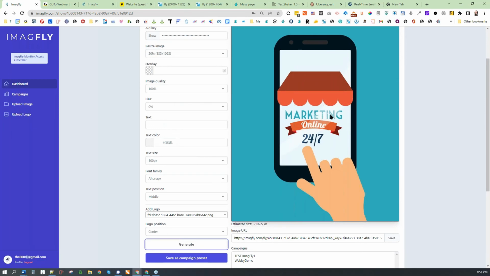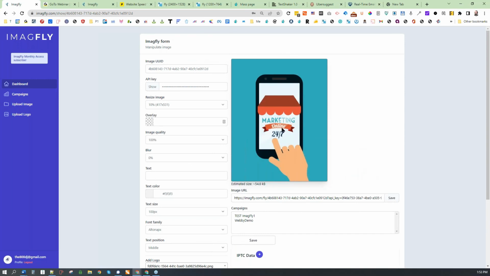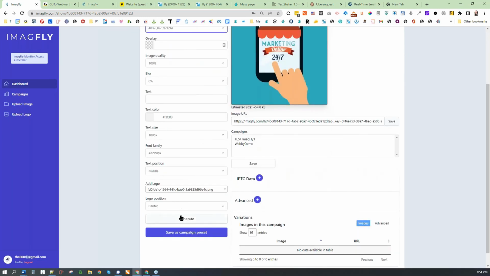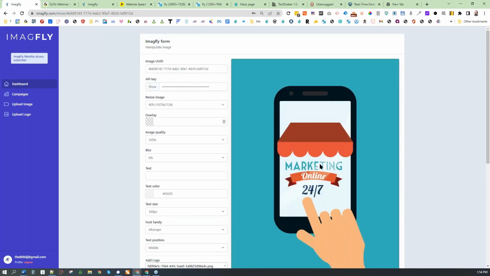So you can't see it, but it is watermarked with that ImagFly. All right. It's hard to see. Let me just make the image really small. It's all relative to the size of the image right now. But that is a see-through watermark, and people will be able to use this same kind of tool for all of their images on